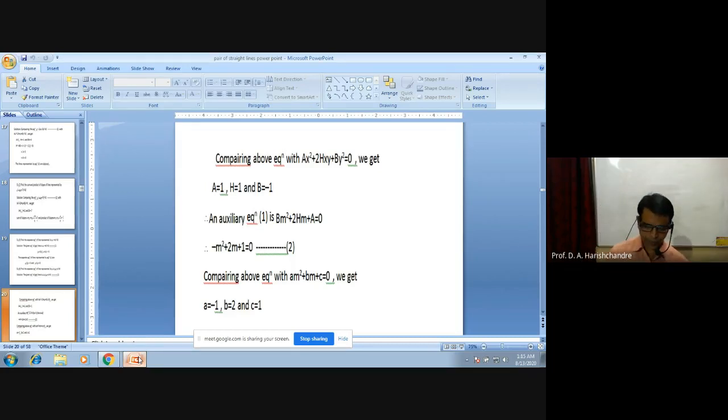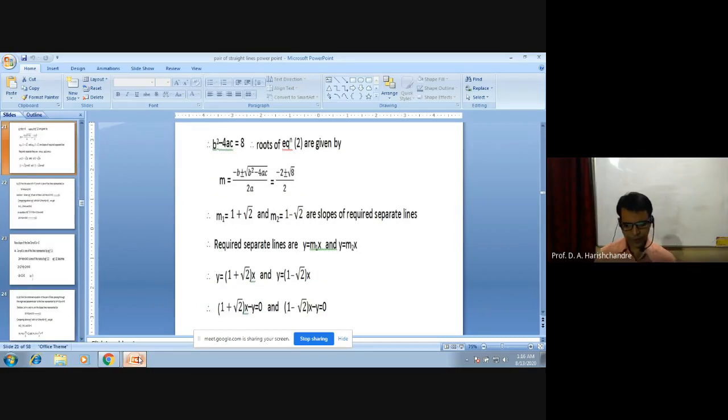So to use the formula method, first of all, we have to compare this quadratic equation 2 with the general form am square plus bm plus c is equal to 0, so that we get the value of small a as minus 1, small b as 2, and that of small c to be 1. From that you can obtain the value of the discriminant b square minus 4ac. In this formula, replace the values of small b, small a, small c, and simplify it. It will give you the final value of b square minus 4ac as 8.